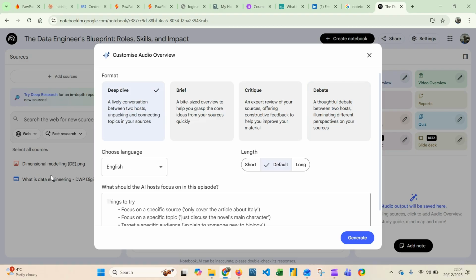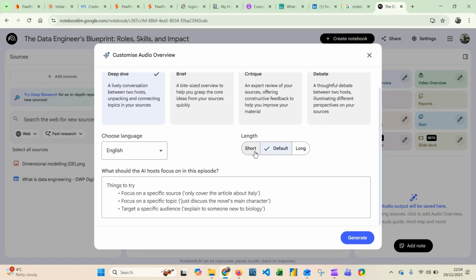That's why I combined both sources. So I'm going to go with the default deep dive format here, and then it will show you what length you want to go with. Either short, which is about, I think, 5 to 8 minutes. The default is normally about 12 to 15 minutes, and the long format gives you anything between 20 minutes and